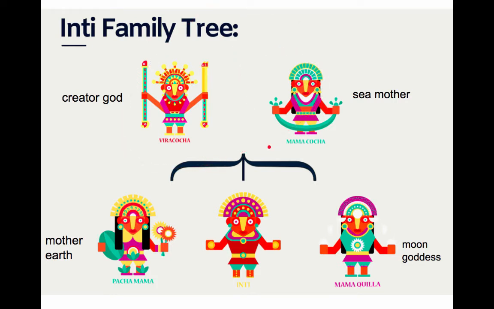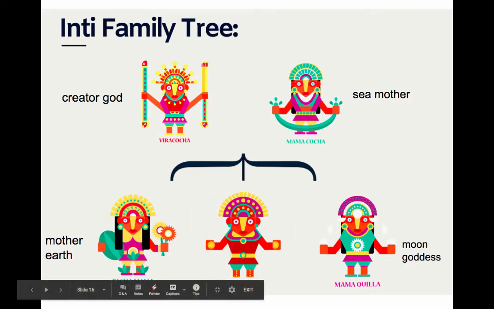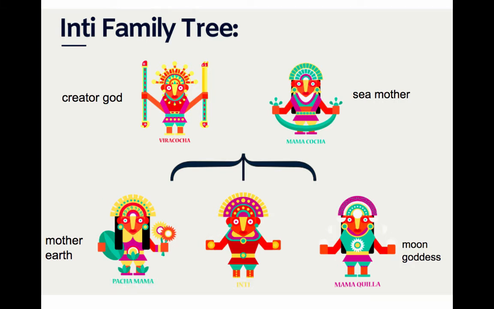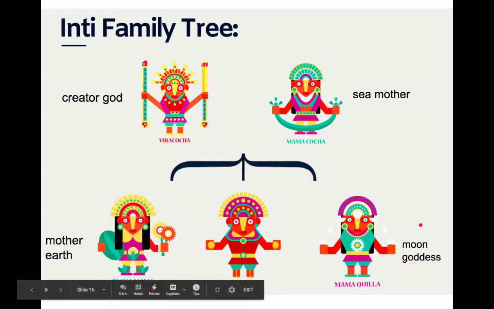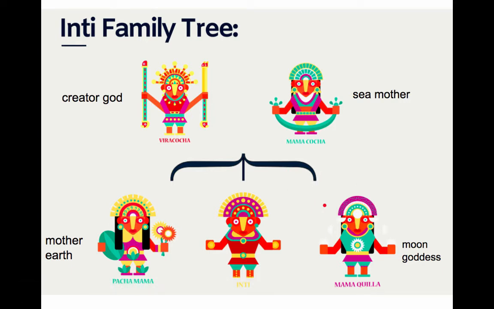They have 3 children who further that creation. So we talked about Inti, the sun god. And then we also have Pachamama, who's shown here on the left. She's Mother Earth, so she cares for the earth. Like her parents created the earth, but she's the one who keeps it healthy and keeps it going. And there are a lot of religious traditions in the Andes that honor her. And then Mama Kia, who's the moon goddess, right? So 2 of the famous children are the god of the sun and the goddess of the moon. So there's a lot of duality and just a lot of love and worship and care for the environment in the Inca faith system.